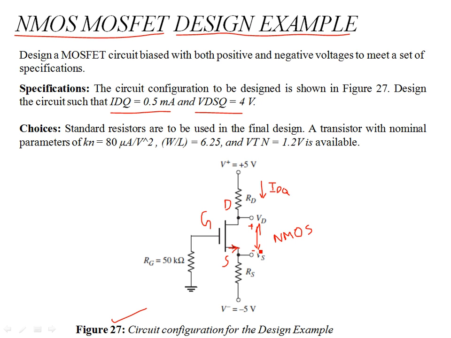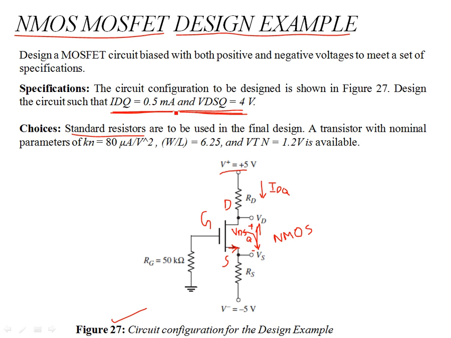Given VDS and given the IDQ, the idea is to meet certain specifications. These specifications are your current and voltage specifications. But with that, you need to choose the standard resistors as well. So you need to find what biasing resistances you need, if any, and what the DC supplies should be, so that the transistor is biased and the current and voltage meet